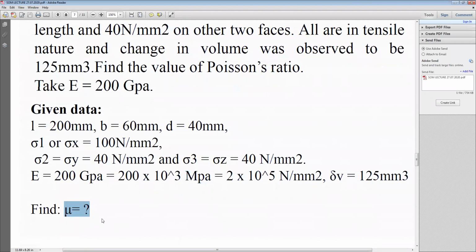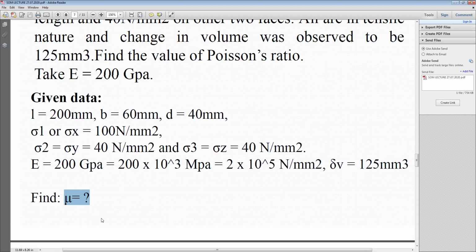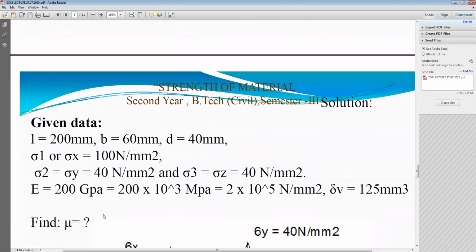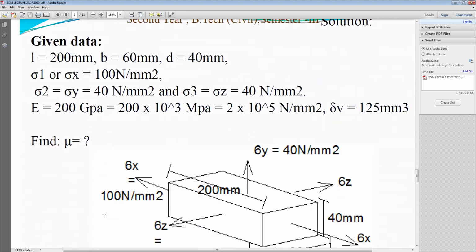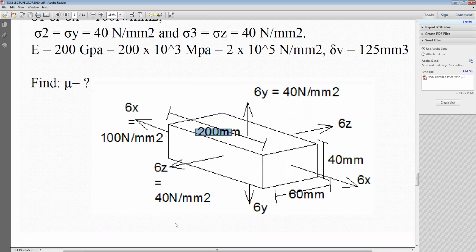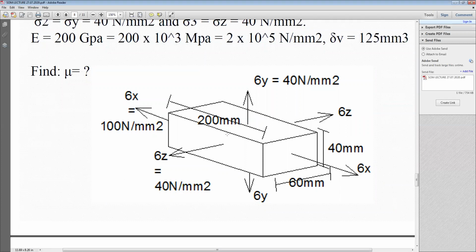Before going to the detail of the solution, please list the formulas one by one. Let us look over the formulas before going into detail. As the figure is not given, you have to draw this figure. Please draw this figure fast. As the length is given as 200 mm, and 60 by 40 is the cross section, it is a rectangular body having a particular thickness. So as I draw here, you have to make this figure as it is.